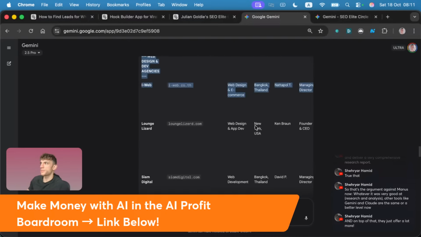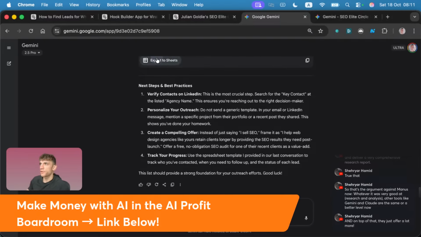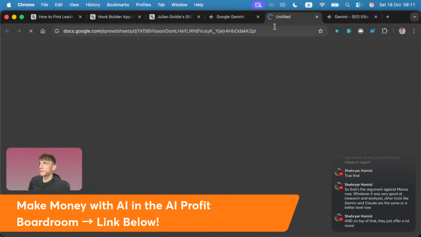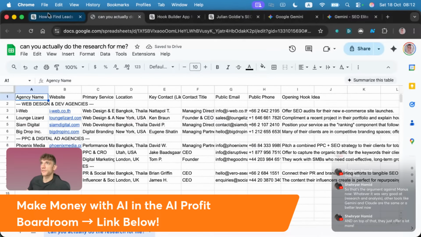So, I mean, Gemini did exactly the same thing. The other cool thing is, with Gemini, you can actually just export this to Google Sheets because it's linked to your Google account. Right. So basically what we've done, just to recap, is we gave Manus and we gave